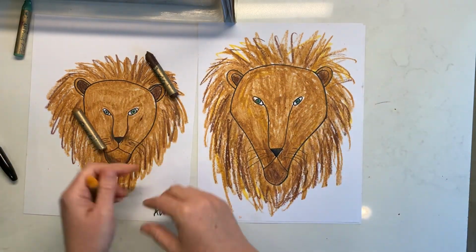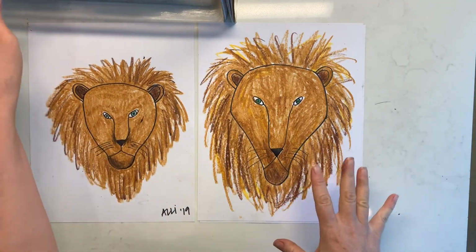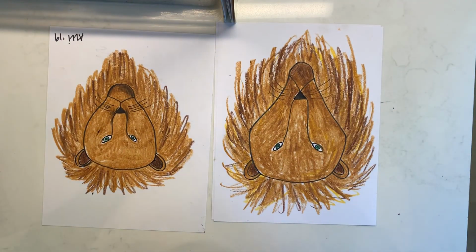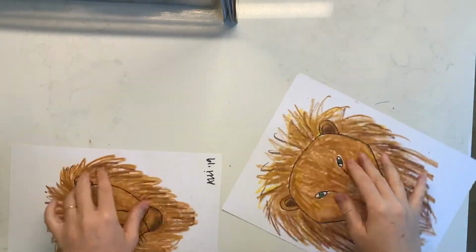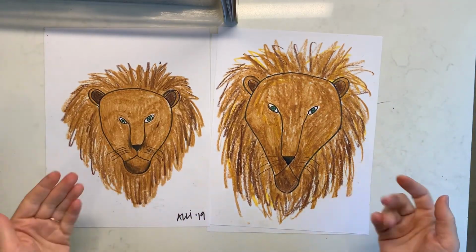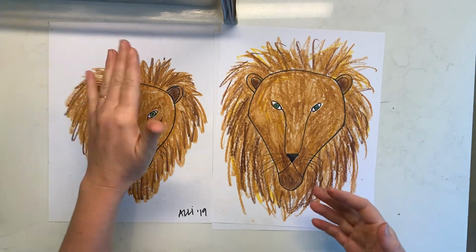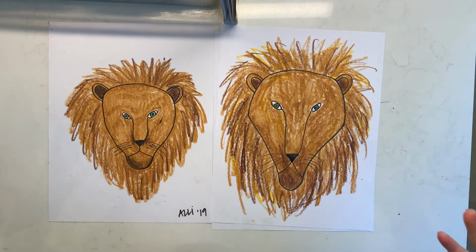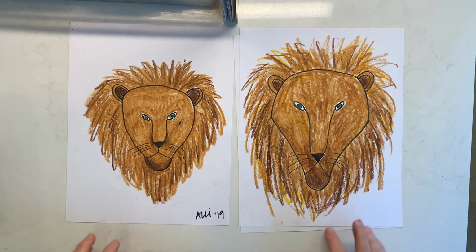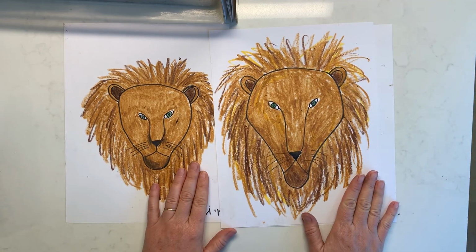All right, so we did our upside down drawing. We were focusing on looking at shapes and not letting our brains tell us you're drawing a lion. We were simply looking at the shapes. So there you go. And obviously there's similarities, but there's differences as well, because I did different measurements with this one, but it still executes the same. So theirs may look more in this proportion with their hand sizes. So there you go. Richard the Lion-Hearted,